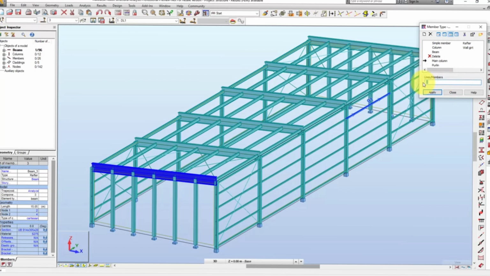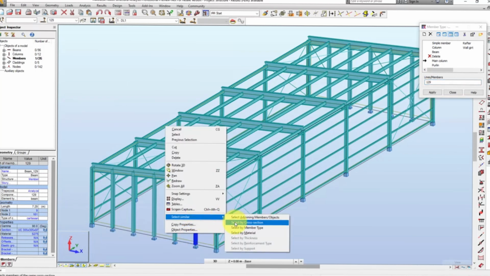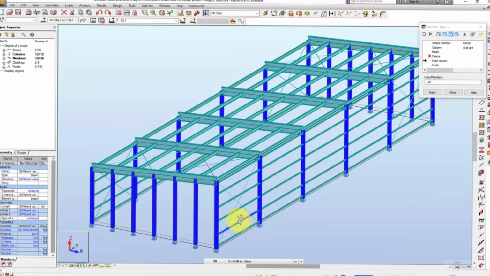In the Lines Members field, delete any text present. With the text field selected, in the drawing area, select a column and right-click. From the contextual menu, click Select Similar, select by cross-section. All columns are selected. However, because the gable wall columns require different definition, they need to be removed from the